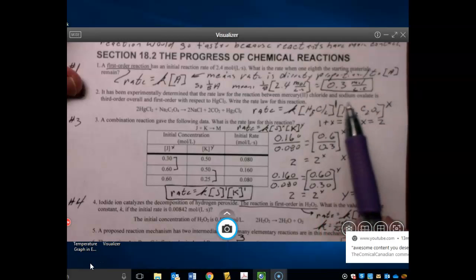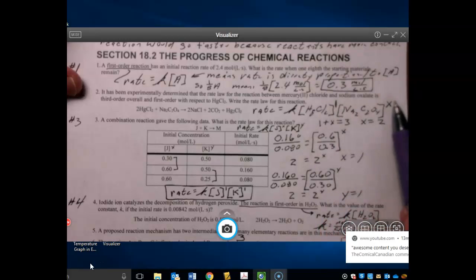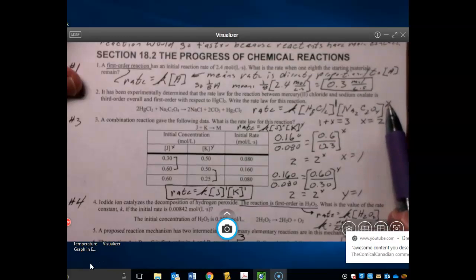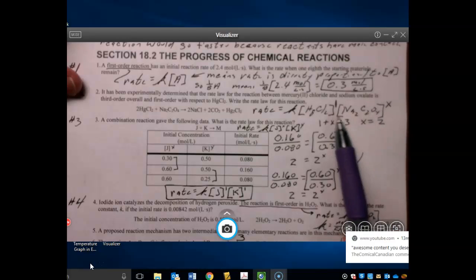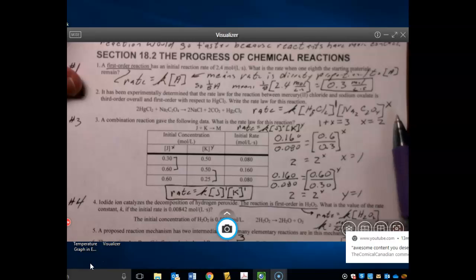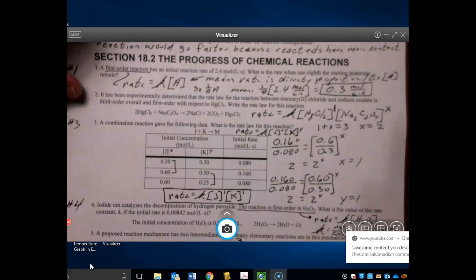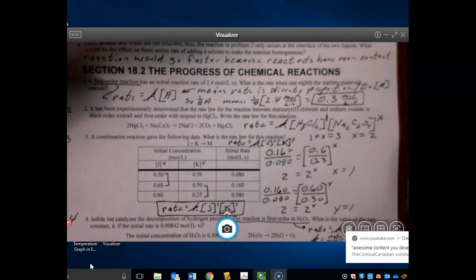So that means that this exponent plus the exponent you don't know have to add to be 3 if it's third order overall. So in order for it to add to 3, the power here for x would be 2. Okay, because 1 plus 2 would give you a third order overall reaction. Okay, and then in number 3,